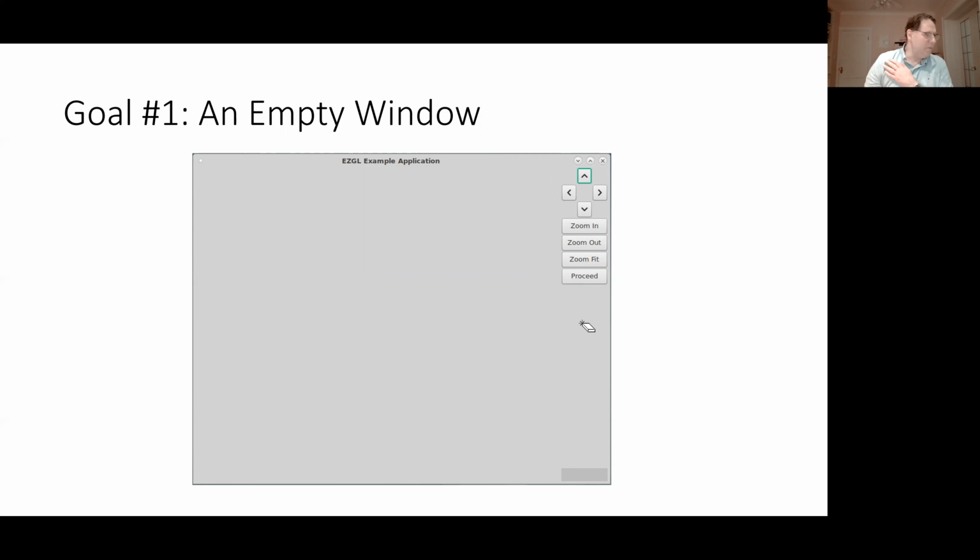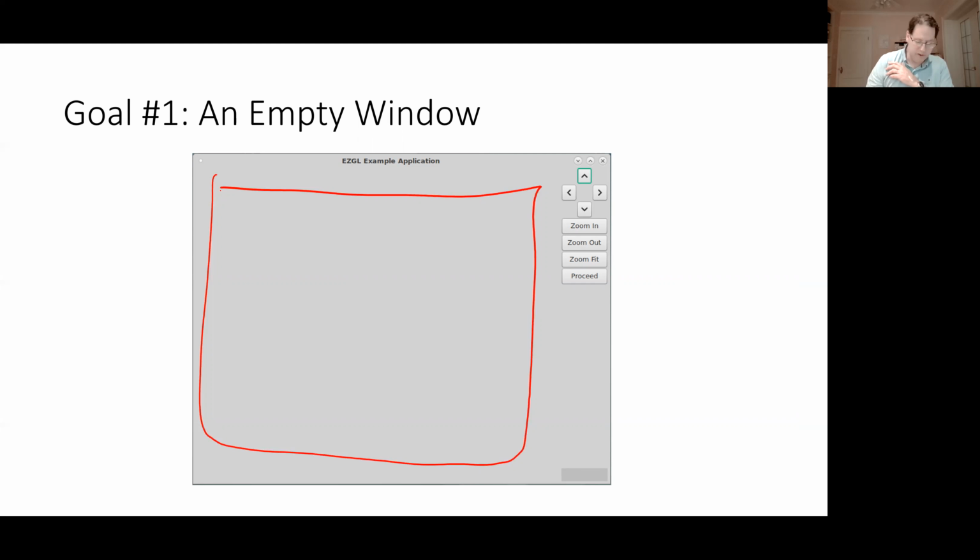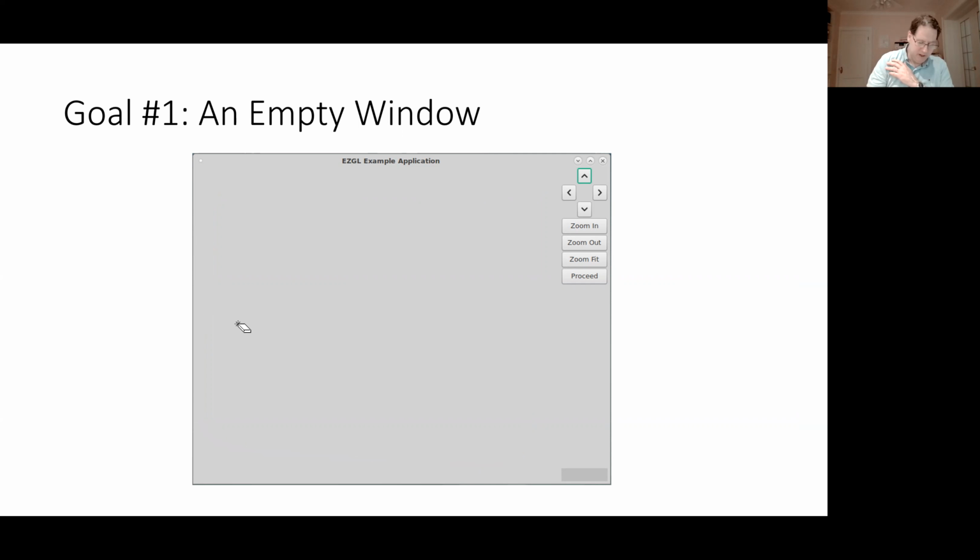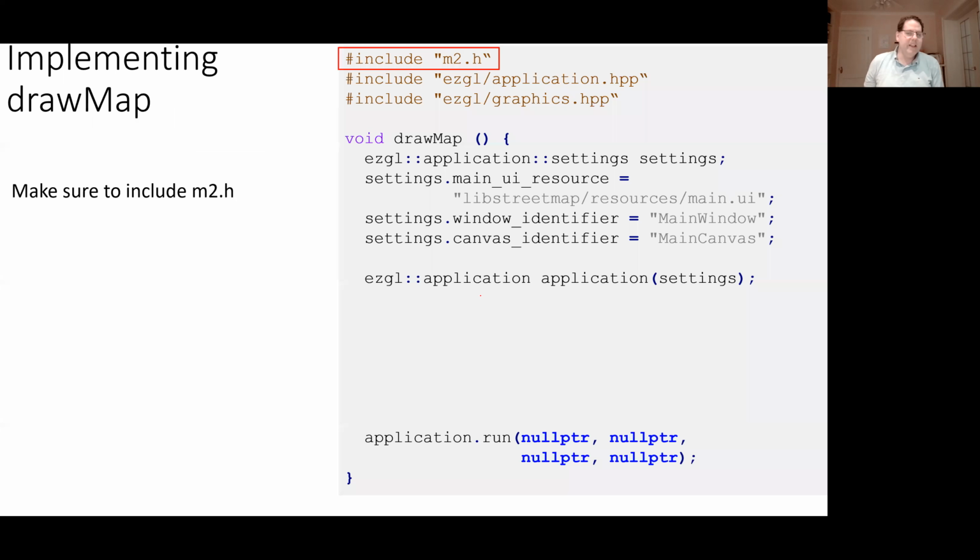So it's actually not very much code to get this going. Now, this is where we draw our graphics. That's where our map is going to go. This is the main window. We haven't drawn anything because we're just trying to get this window up. Pretty boring, but let's see how we do that. The EasyGL Quick Start Guide gives you an example program. So you want to look at that example program very carefully. The Quick Start Guide explains how it works,